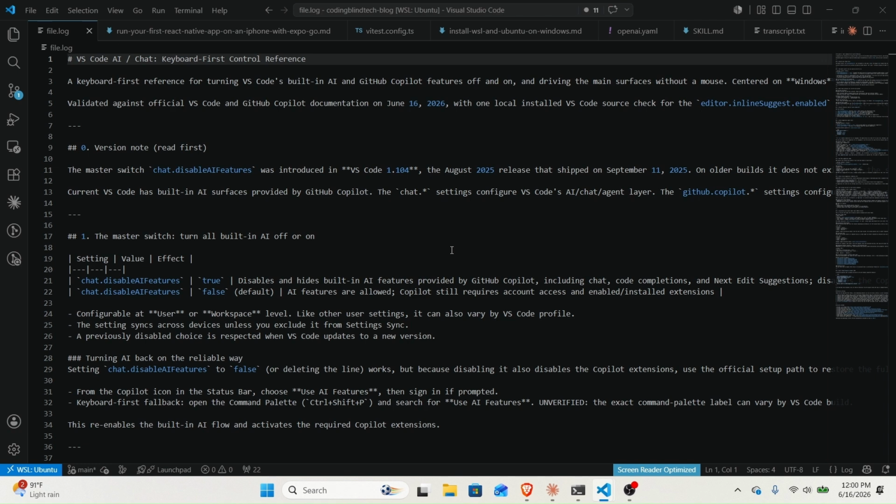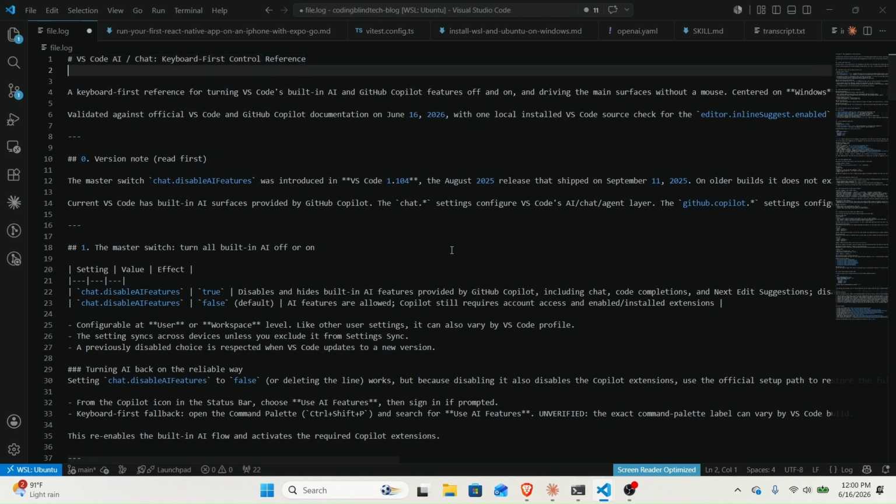So I'm inside of VS Code, or Visual Studio Code, and I'm going to show you that the AI features are on. I'm inside of just a file where I'm talking about the inline suggestions, and I'm going to go to the end of the line and hit enter to go to a new line. Right here I'm going to put a heading level 2, and then start typing a capital T as in Tango: turn AI features off and on,